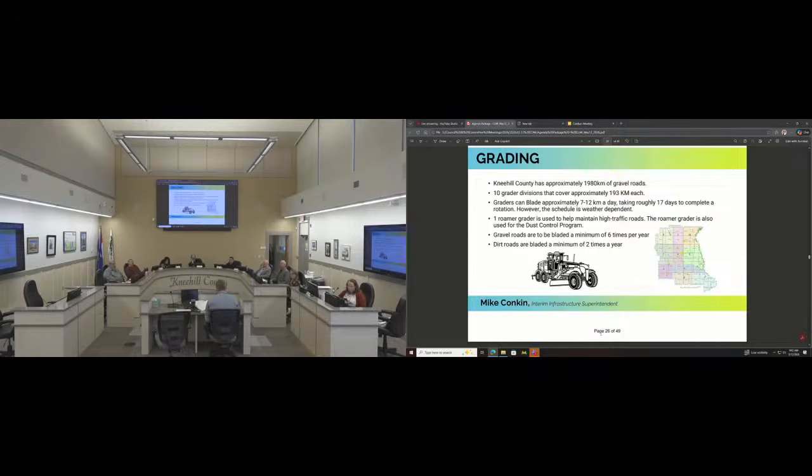So dirt trails, we got 500 kilometers, as I was saying. According to the policy, minimum blading twice a year. With those dirt trails, they are not plowed in our normal rotation for winter. Industry and ratepayers are allowed to call in and request that the road be plowed. With that though, they are not the top priority. There are some dirt roads that will get plowed for convenience of plowing, to make it more operationally efficient to get to the other side of it.